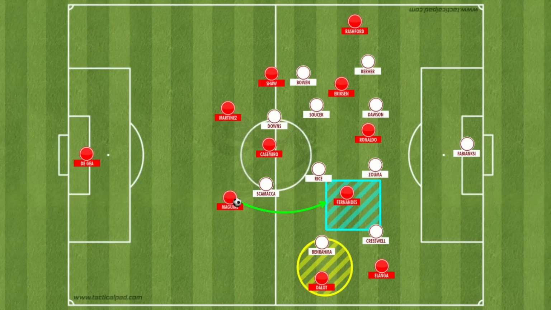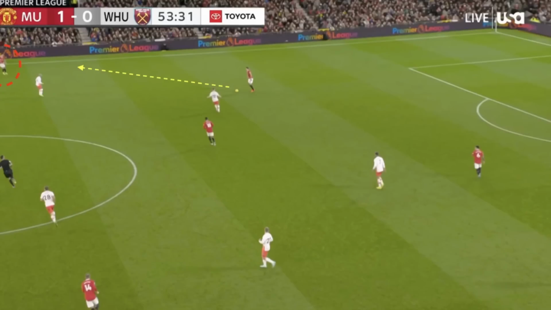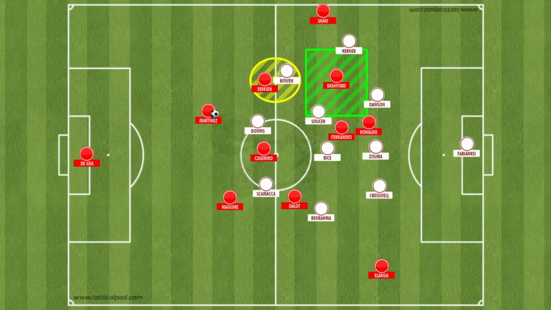Now this was the right approach from Ten Hag's side, and so that's why we did see United dominate the play early on in the first half and up until around maybe the 60th minute. United's inverted pyramid in that 2-3-5 shape was perfect for using positional pinning against this West Ham side, with one of the United players constantly holding a wide position on the flank, as well as a player dropping into what